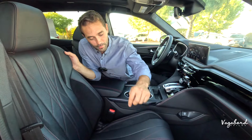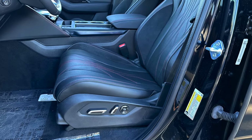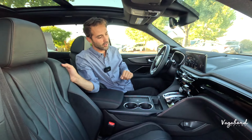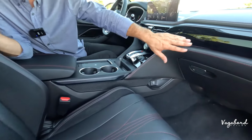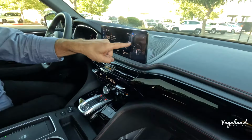So if you're on a long road trip, this is a seat. Also a 16-way adjustable power driver seat as well, okay? Just so much to mention, but get a load of how that nice red stitching comes together on the dash. Phenomenal with the high gloss black and that natural wood inlay. Phenomenal. We got the 12.1-inch